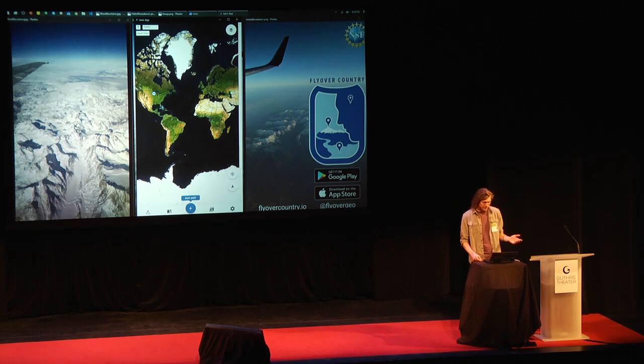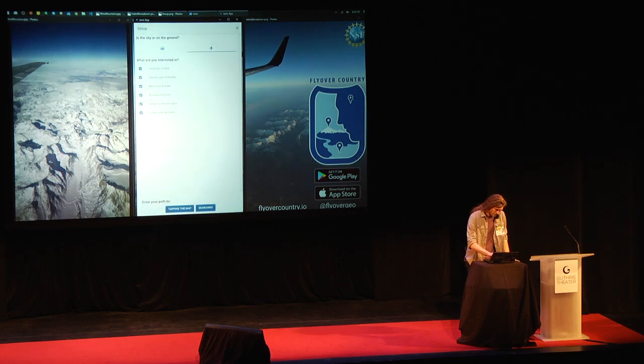So we've been working on this phone app for a couple years now. You can grab it in either store, iOS or Android, and it's free, funded by the National Science Foundation. Here's how it works. Before you go to the airport, once you've bought your plane ticket and you're on good Wi-Fi, you load up our app and enter your flight path. So I'm going to hit Start Path there.